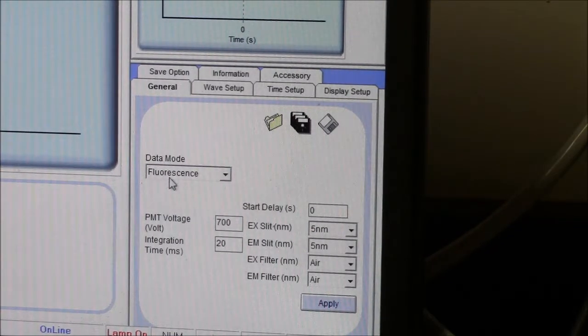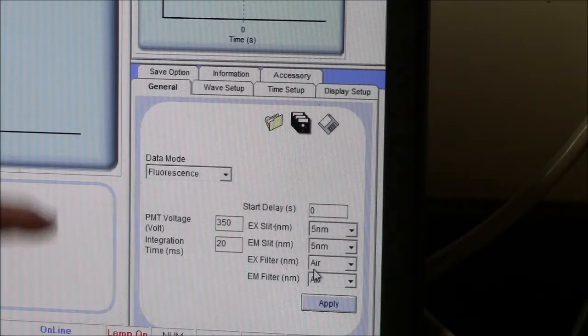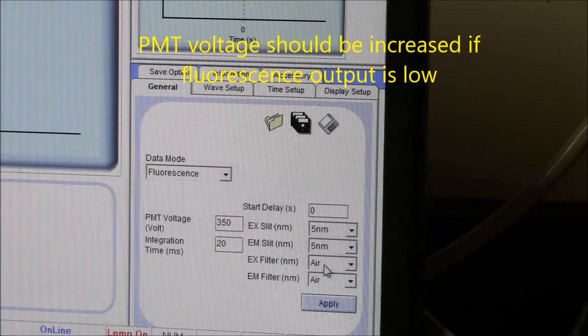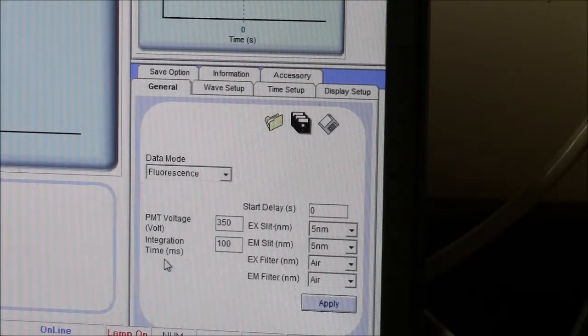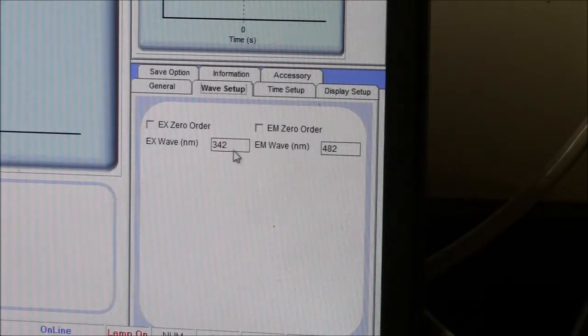I am doing EDANS fluorescence. First I'll set this to 350. We did a standard curve with the PMT, the photomultiplier tube, at 350 volts, so we'll keep it at that same level. Integration time 100 milliseconds. That gives you more time to collect photons. It gives smoother data than the default 20 milliseconds. Need to set the excitation to 340 for EDANS. Emission is 490